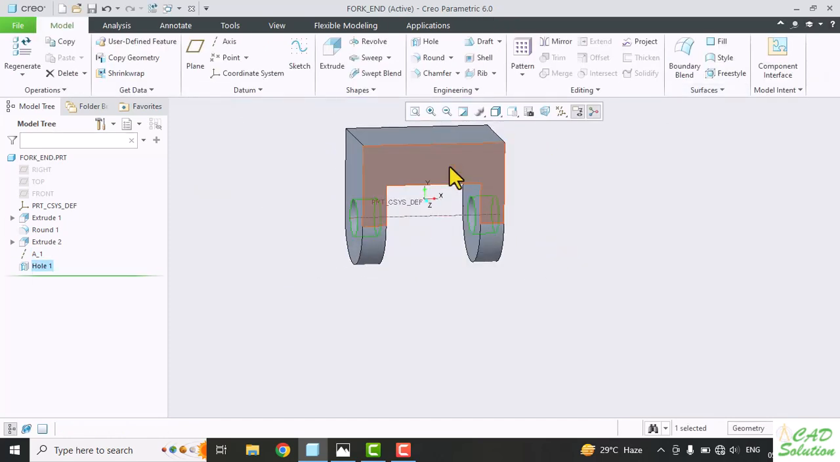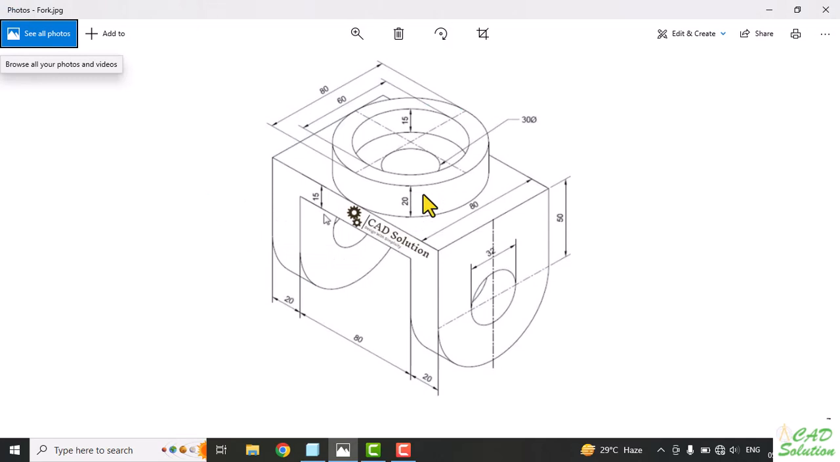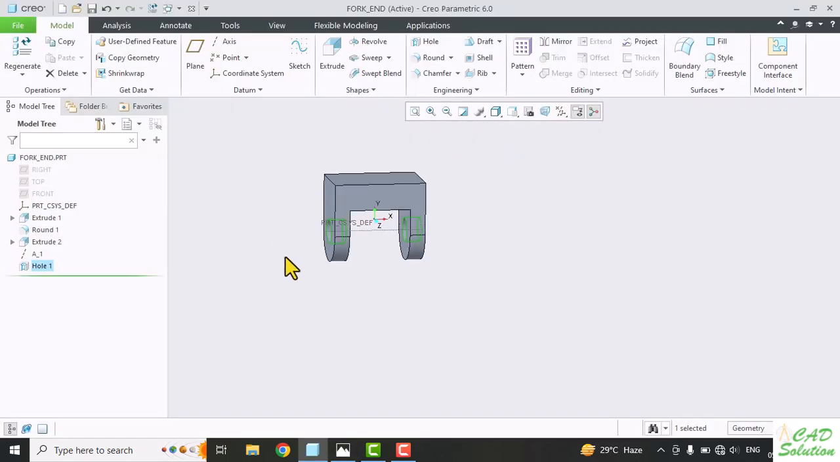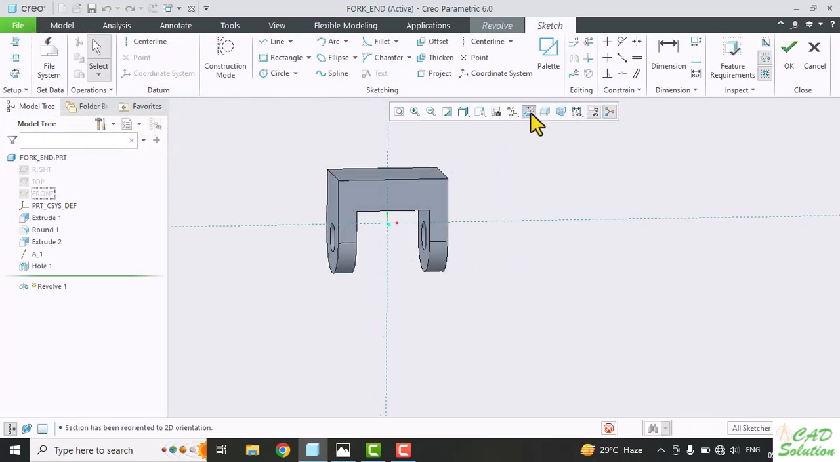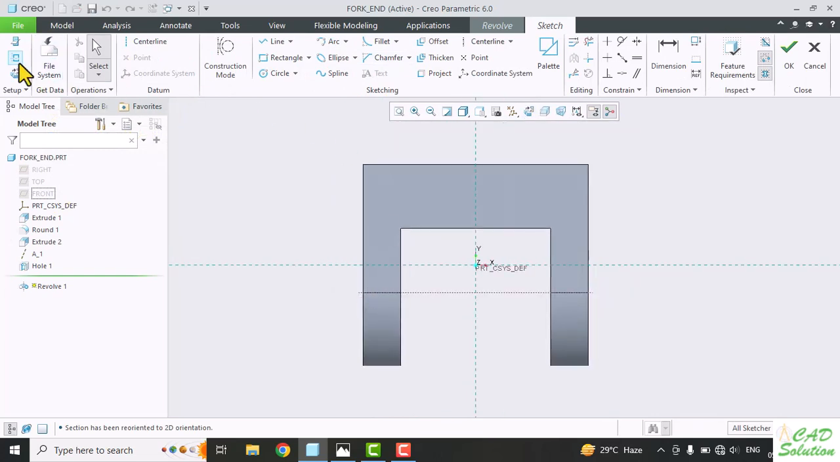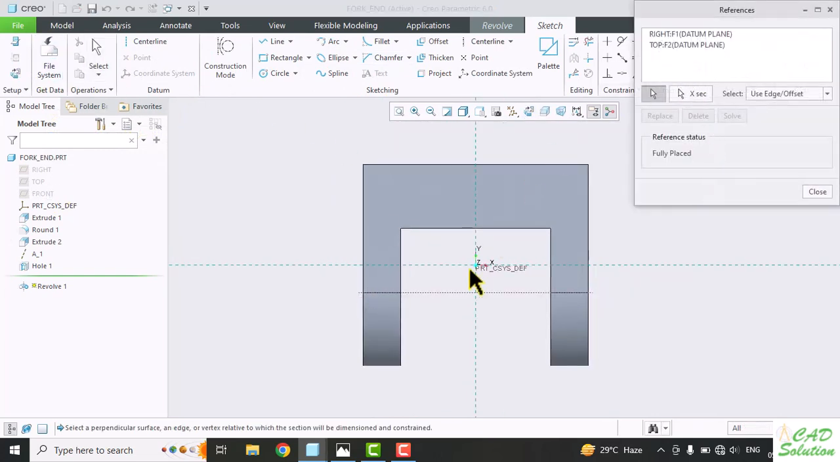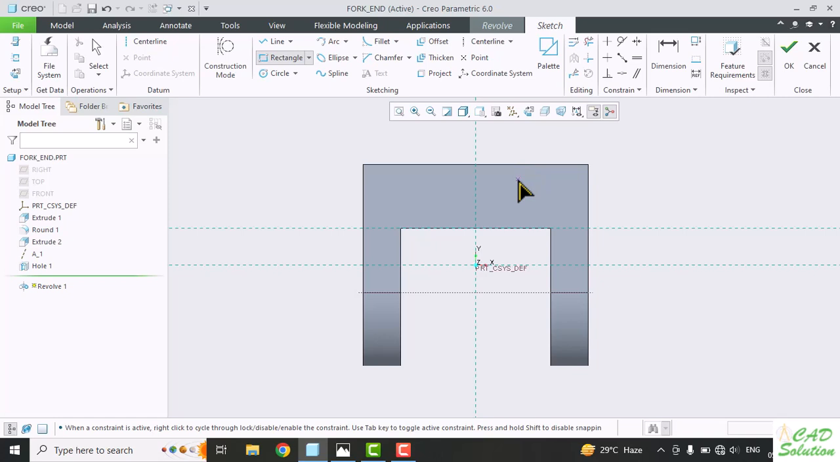So this top side has a 20 mm circle and 15 mm thickness allowed. For this I'll prefer to go with the revolve command. So I'll select the front plane, revolve, sketch view, again going to references, adding references, taking a rectangle,